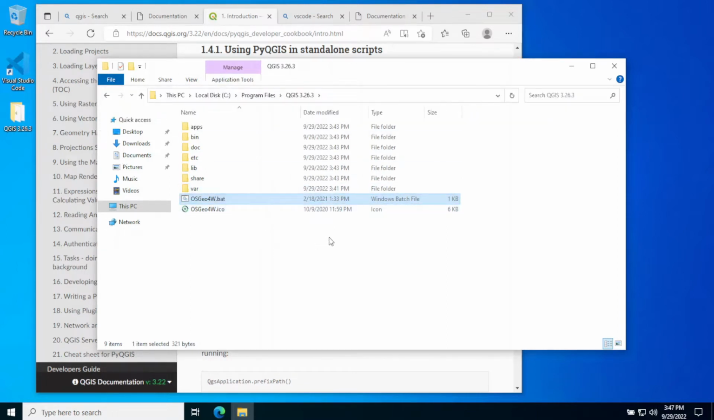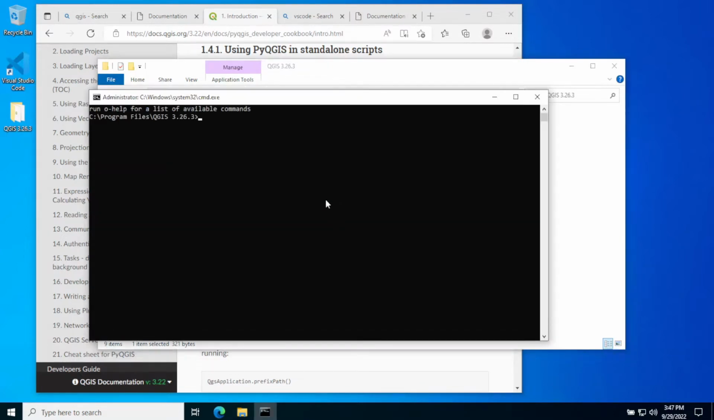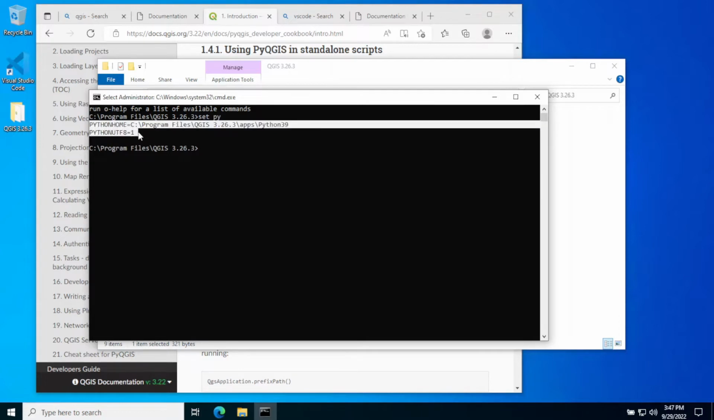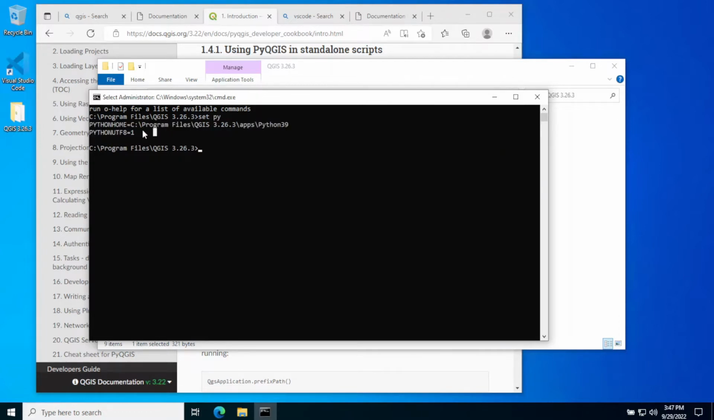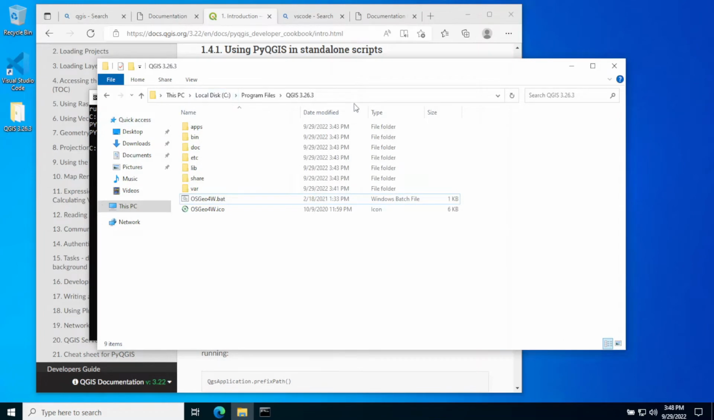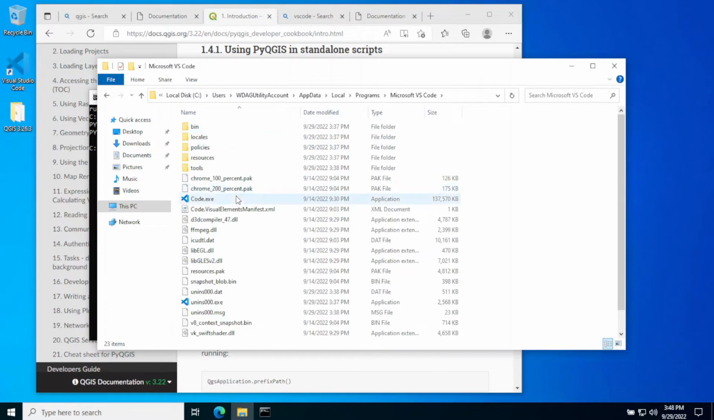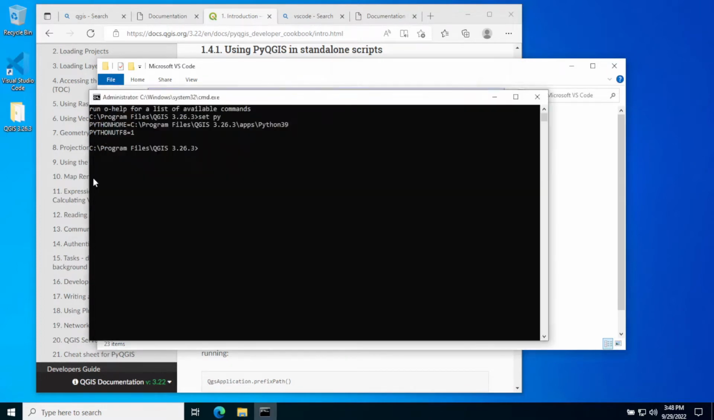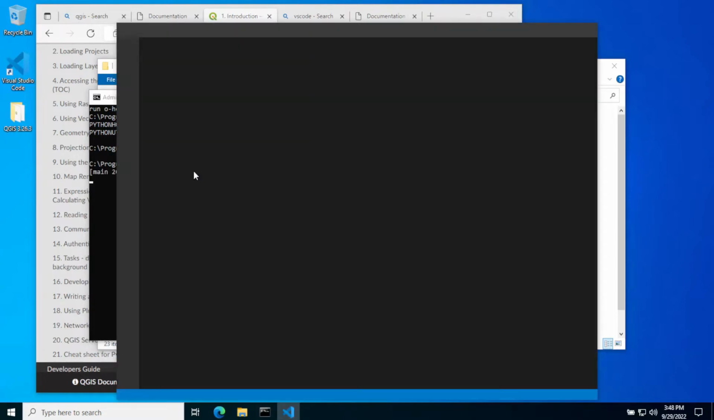So this batch file, when we run this, what it does, it sets the variables that we didn't have before. So now if we open VS Code from here, it's in local app data, programs, VS Code. So if we open from here,